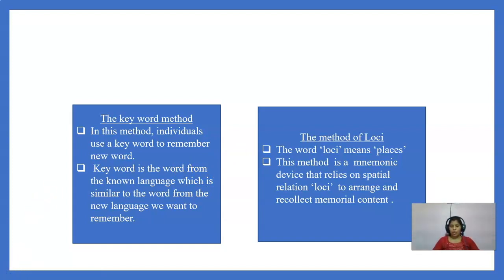Loci means place. So in the method of loci, what we do is we try to remember things by visualizing their space, their place, their position in the space. Like, suppose I want to buy bread, ketchup,